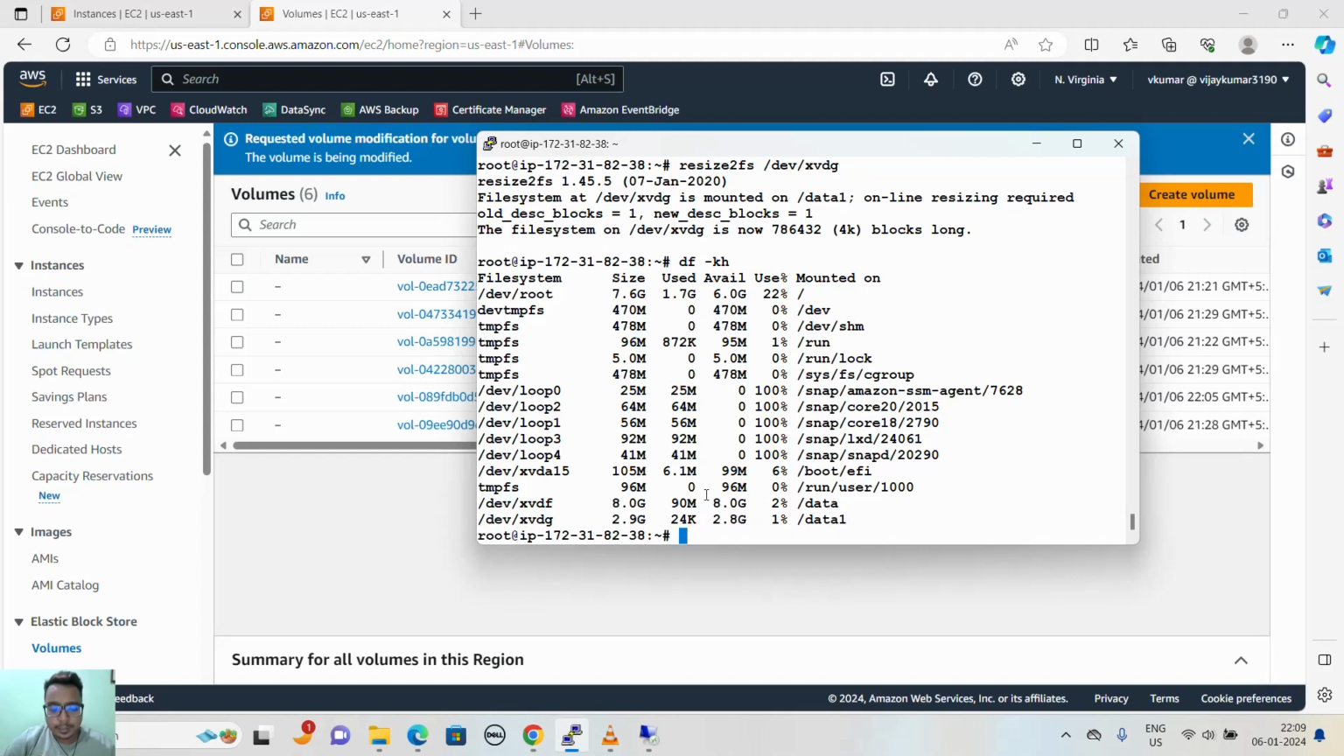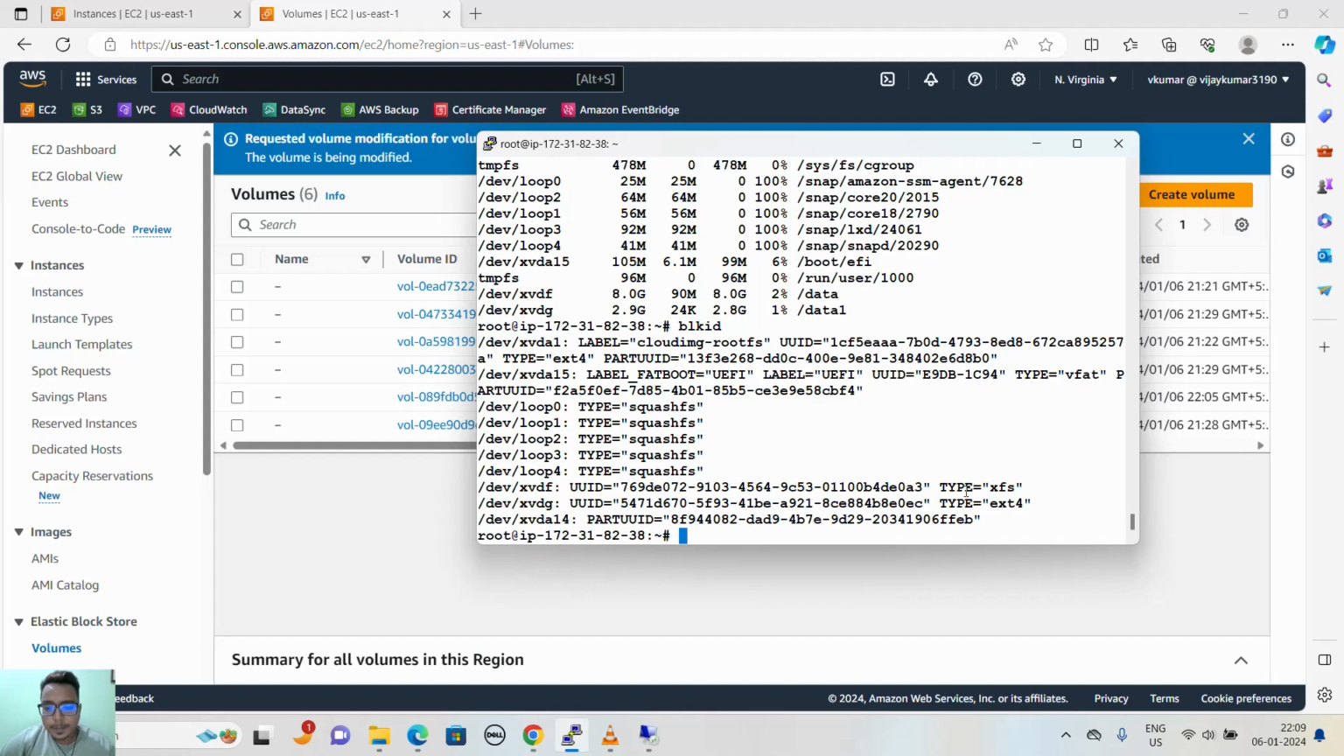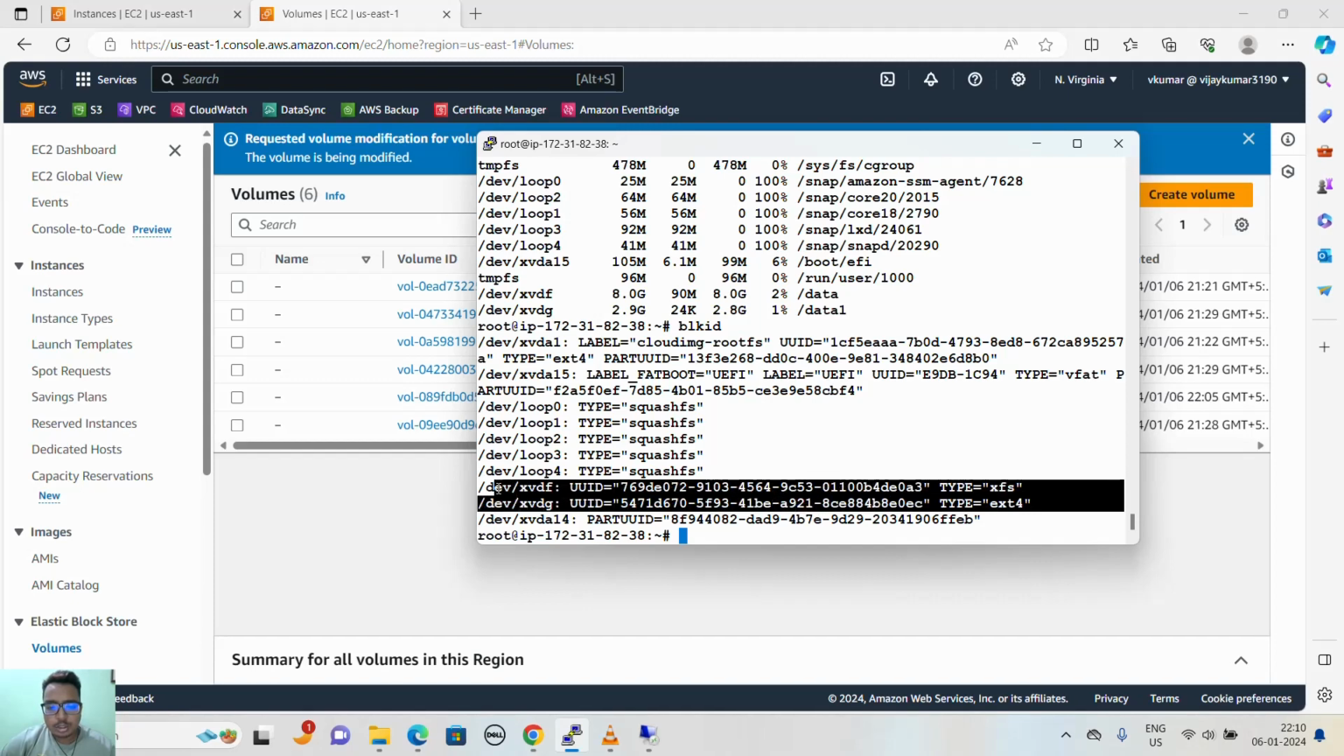So here you have learned how to extend XFS and how to extend ext4. Generally you will get these two volume types only, so you are good, and you can also identify which volume is related to which disk inside the OS. So that's it for this video. If you like